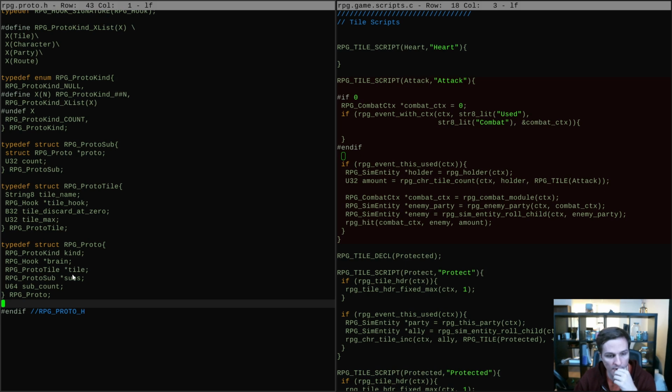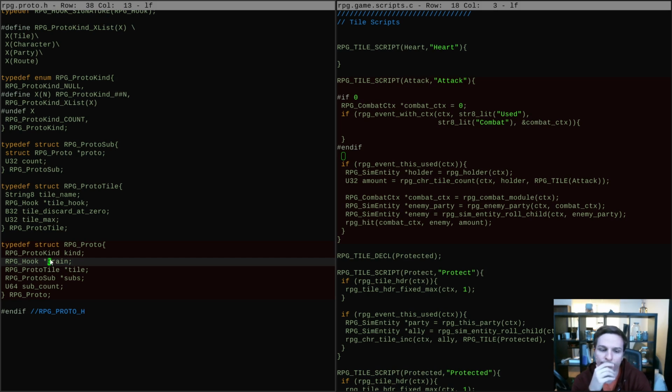So there'll still be a new pointer in there that is only used by the tile kind, but that's fine for now. It can definitely be better, but it does raise some confusing issues, though. For one thing,